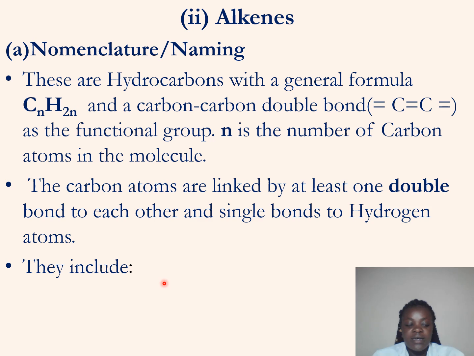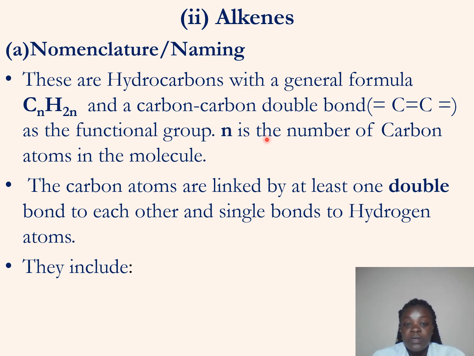These are compounds containing carbon and hydrogen as the only atoms. So we have alkenes as hydrocarbons. They have a general formula CnH2n, where n and 2n are subscripts, and they also have a